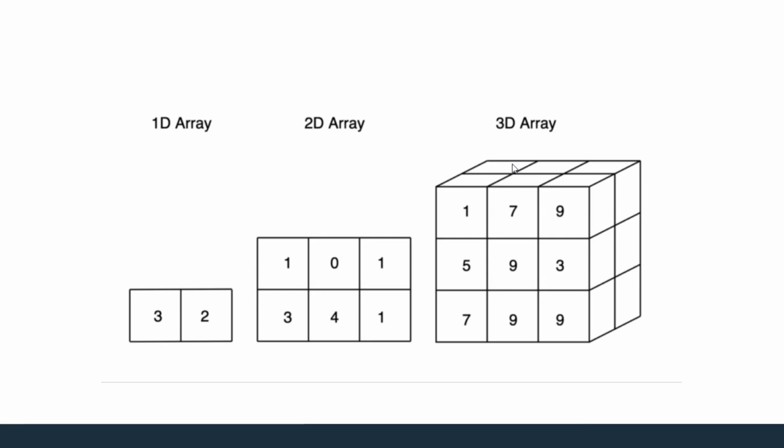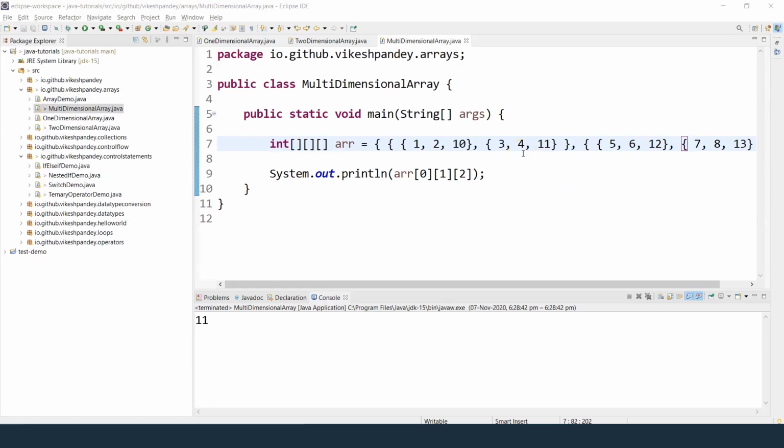And there can be many other use cases in mathematical and research computational work where you might want to use a 3D array. But remember, there's an x-axis, a y-axis, and then a third axis, which is called the z-axis. So let us look at a Java program to understand how we can build a 3-dimensional array.